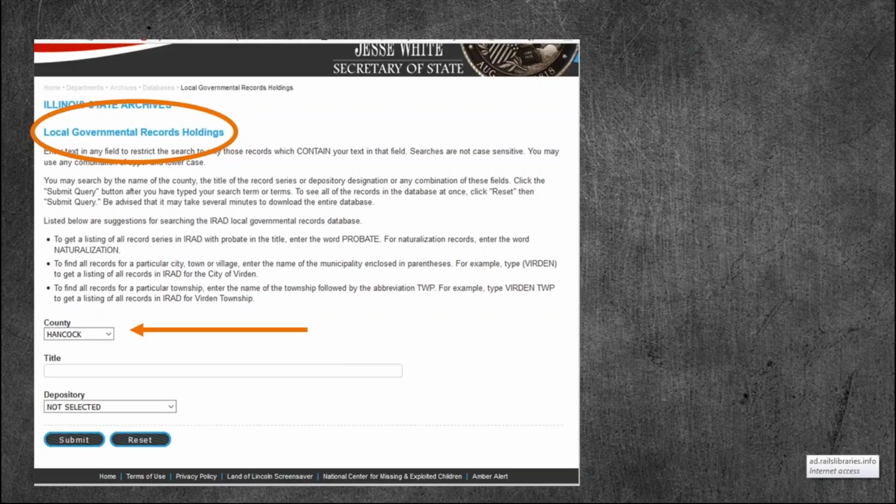If you click on that, that's when you can do your search by county. So if you want to know what they have, like this does for Hancock County or for Tazewell County, you can then search for that county. Leave the title blank because you just want the patron to see everything that they have from within that county, and then let them decide what's most pertinent to them.